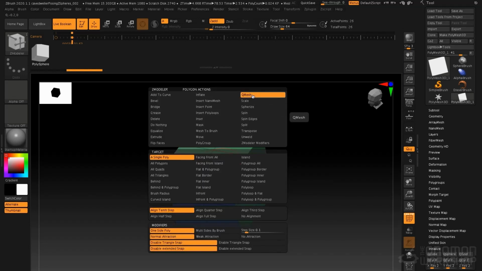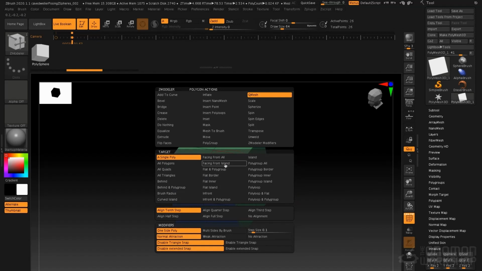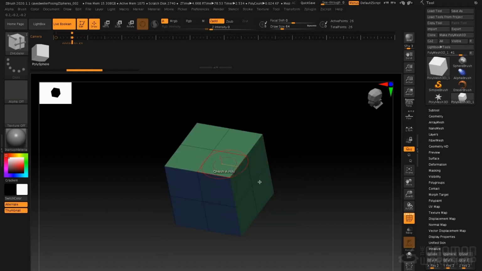So we're going to use Q-mesh. Q-mesh is just sort of like a catch-all extruding and welding tool. It's really good for quick mesh editing. Next we have the target. Right now it's set to a single poly, so if I click and drag, it's only going to affect a single polygon. However, if I change this to polygroup island, it will find every polygroup that's the same, that's touching